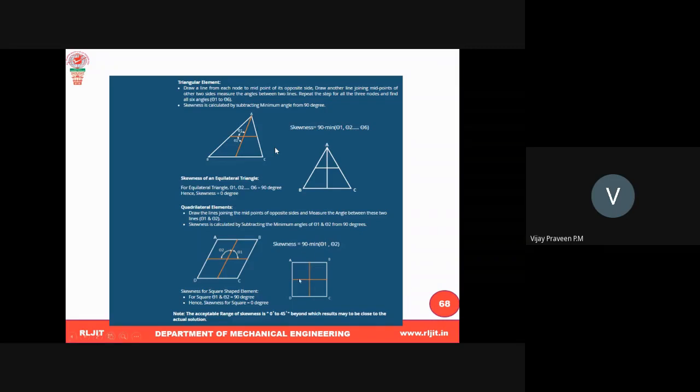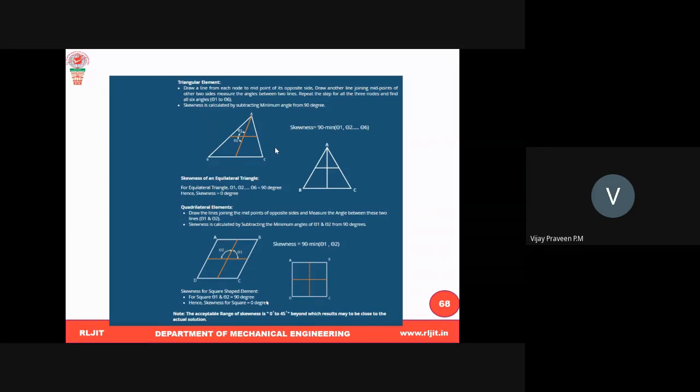So this is the ideal element. This is the actual element. What is the skewness angle now between these two? What is the angle between here to here? 90. Therefore, 90 and 90 is 0. That means for the ideal case of the element, the skewness angle is 0. If 0 is maintained, well and good.